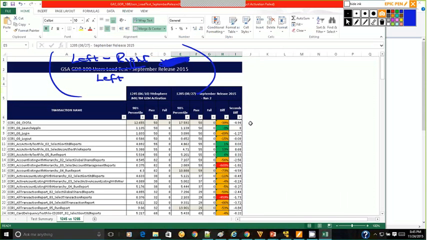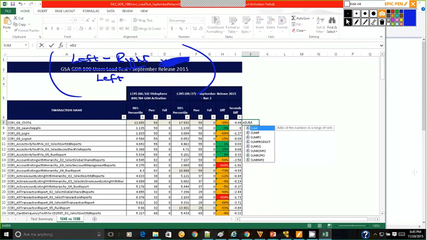So we will say left, that is equal to sum of this response time minus this response time. I'm taking only the 90 percentile. Close, divided by this response time. Close. Enter.